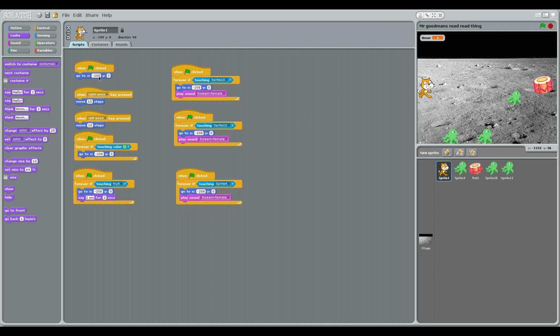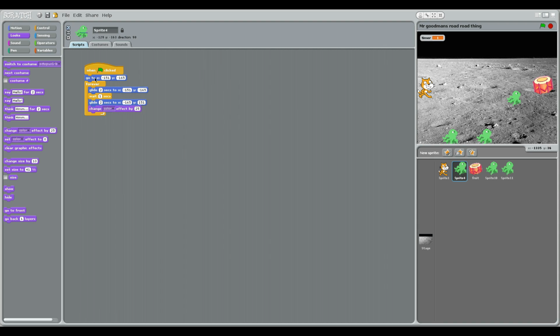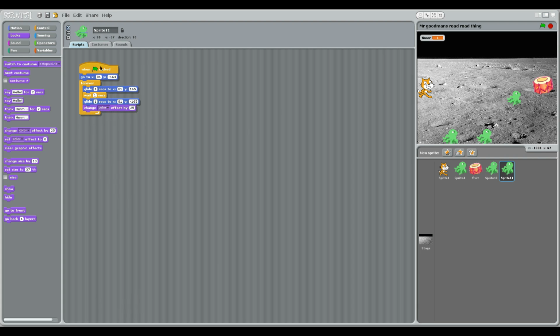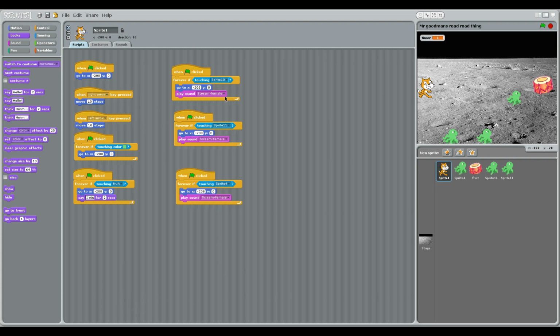And if you put in these numbers, -208 and 0, then the cat will go back here, and then you can see that we've got the go-to on all the other players, apart from the drum because that doesn't move. Okay. Now as you can see, most of the code is going to be on Scratch